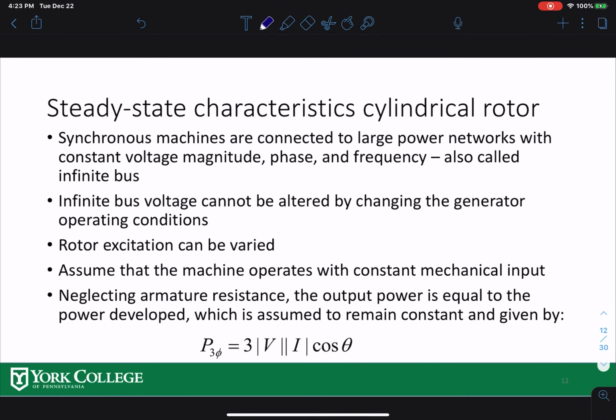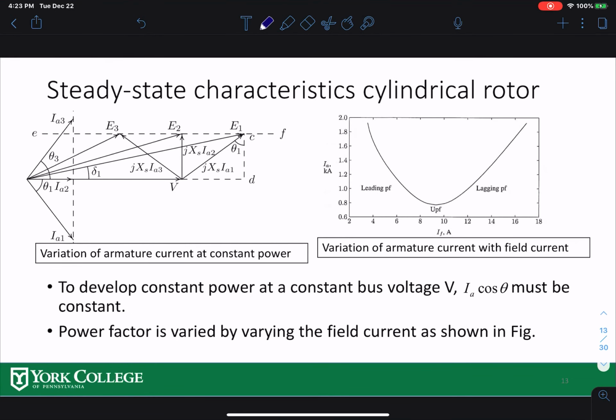Now, the steady state characteristics of the cylindrical rotor. You have seen this one, this is the power you should get from your generator undisturbed. Doesn't matter what's happening, you should have this power coming out of the generator all the time. And that is what is done here. So look at this generator over here. This generator is operating in your IA, the armature current, which can go from lagging to leading and always